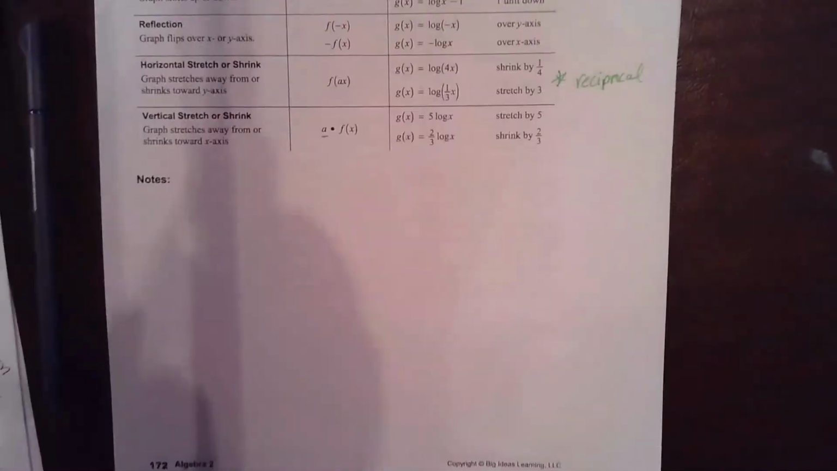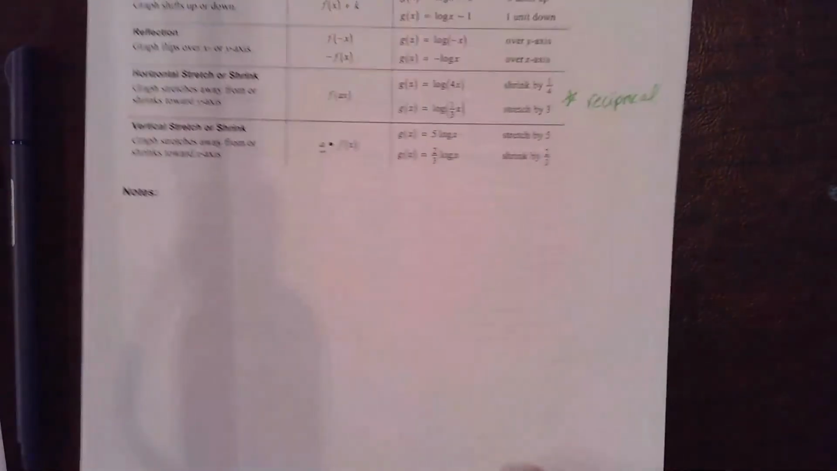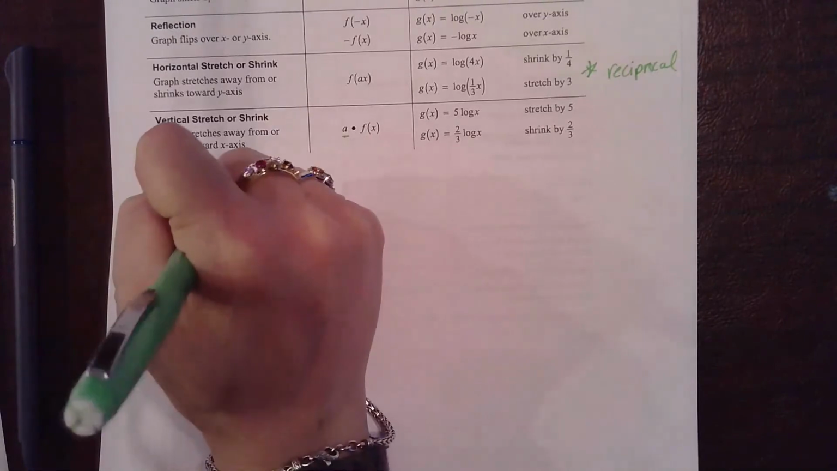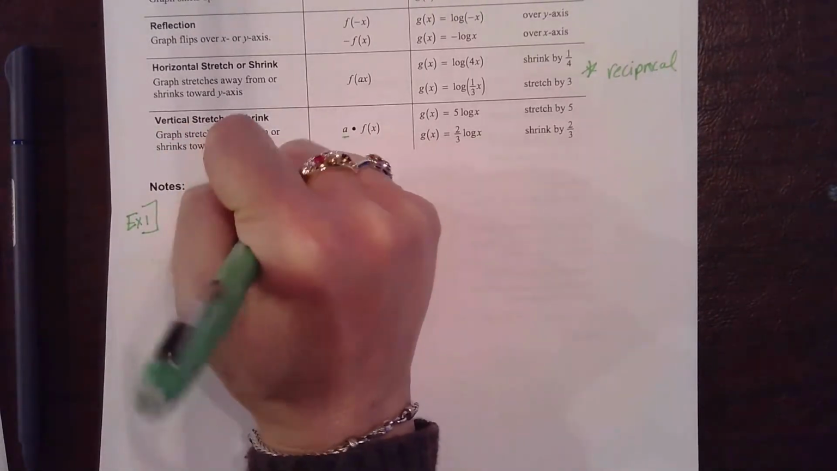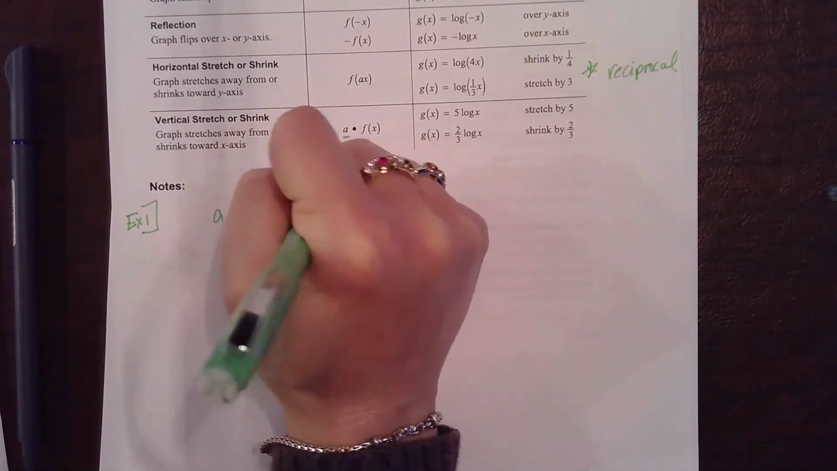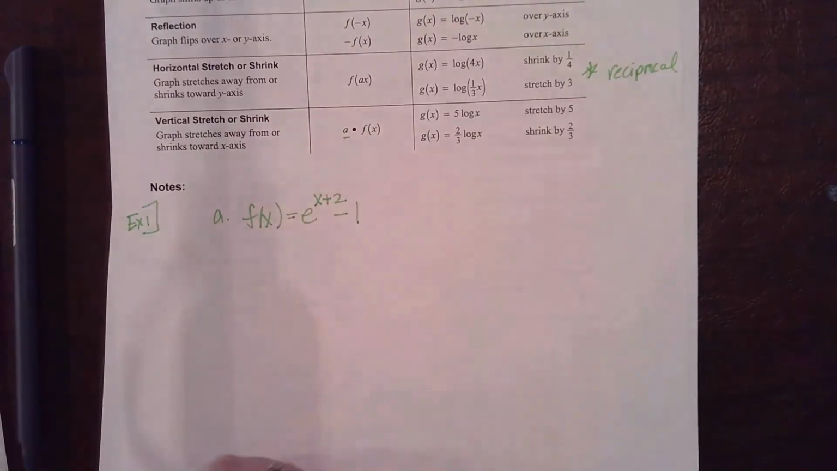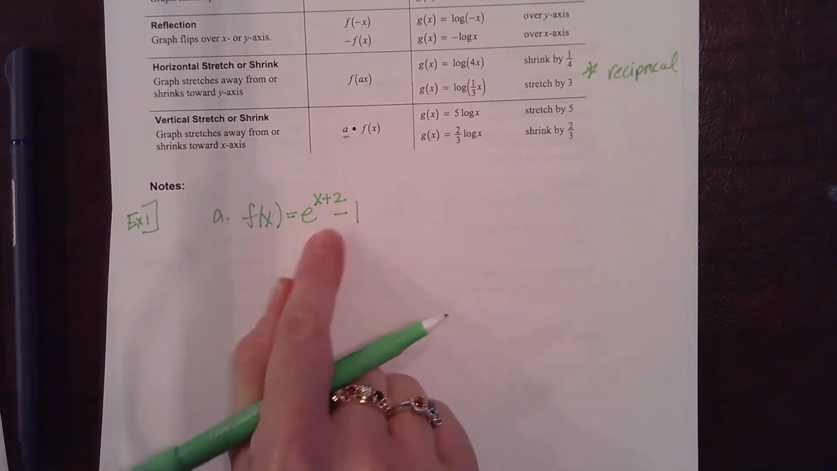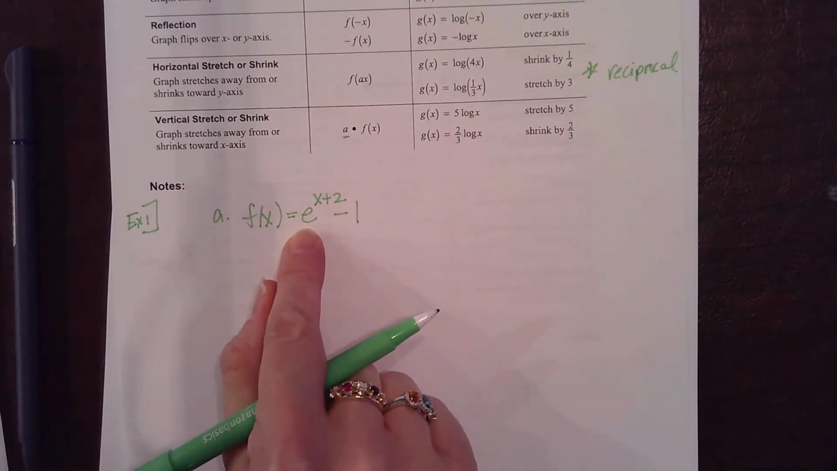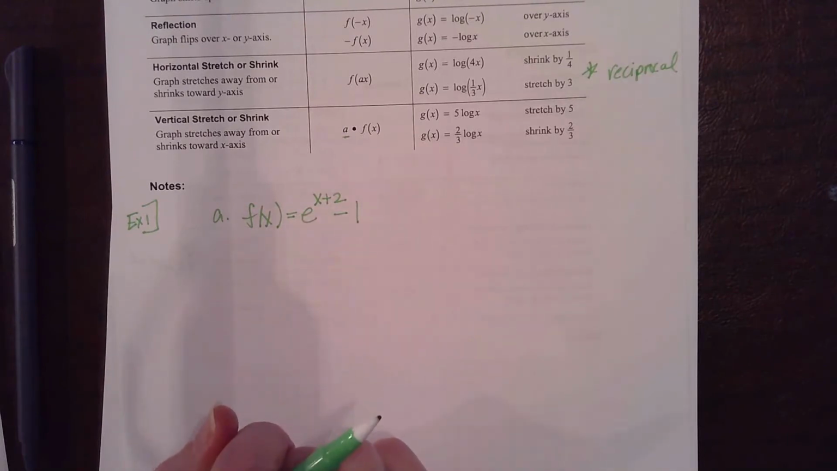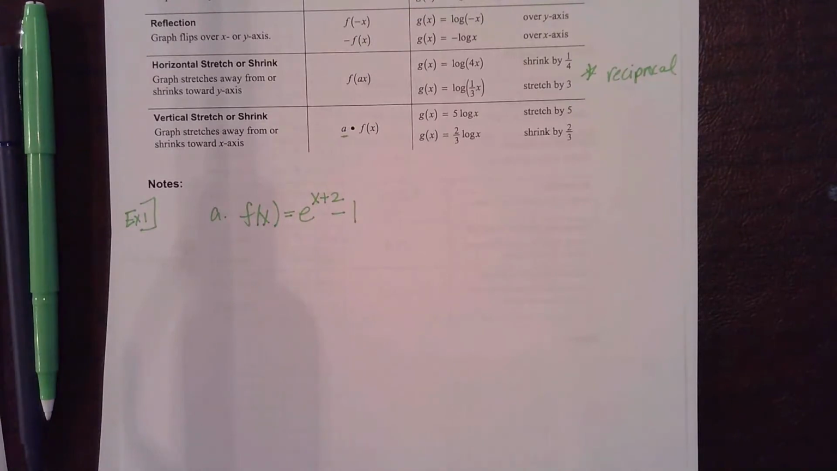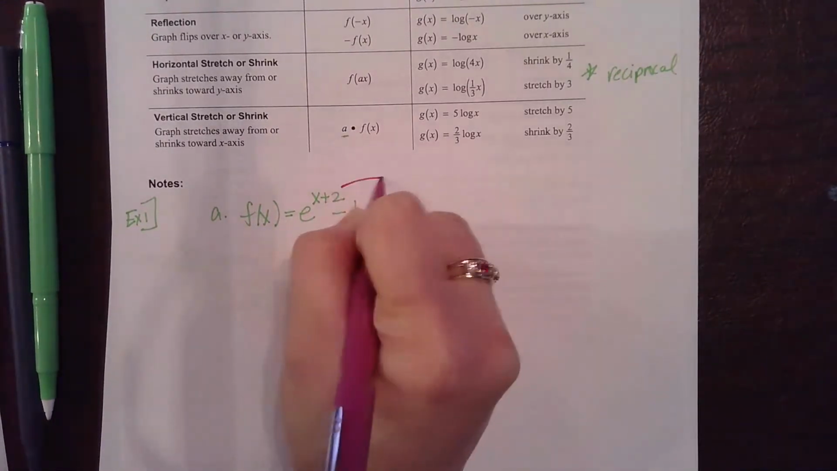All right, let's get a little bit of practice with some of this. So let's say I give you the function f of x equals e to the x plus 2 minus 1. Let's list our transformations. What I want to remind you is that an e just means that it's still an exponential function. It's raised to a power. It just has a base of e. That's the only difference. So this plus 2 causes my graph